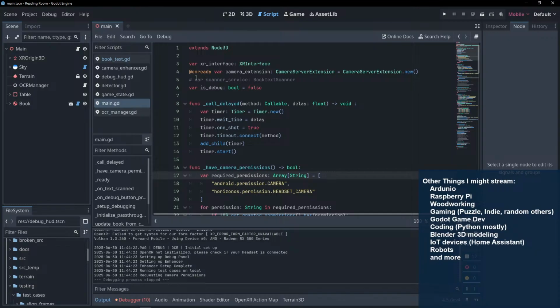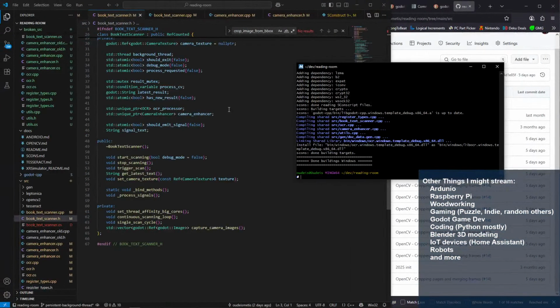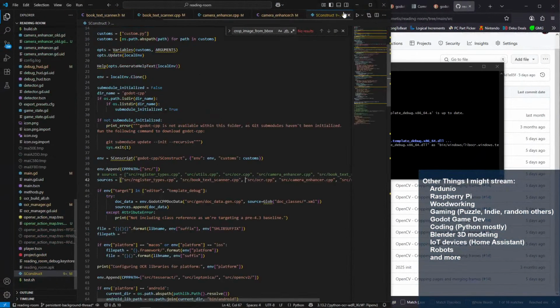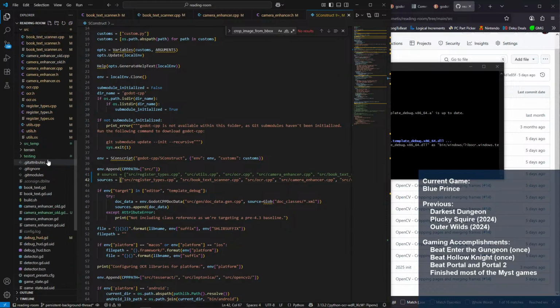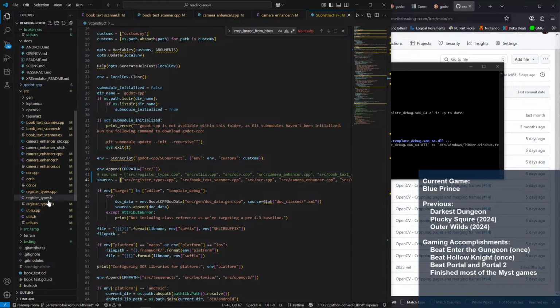So what I should see though is book text scanner now a thing? And actually book text scanner got brought in, but what didn't get brought in, ooh, forgot to do this. Register types, where is register types?